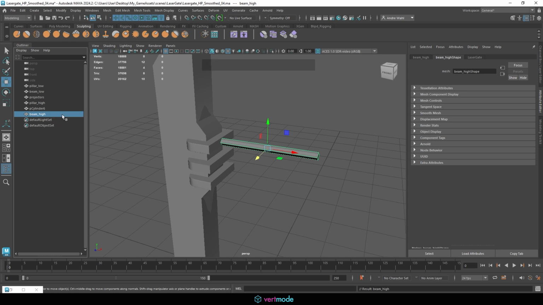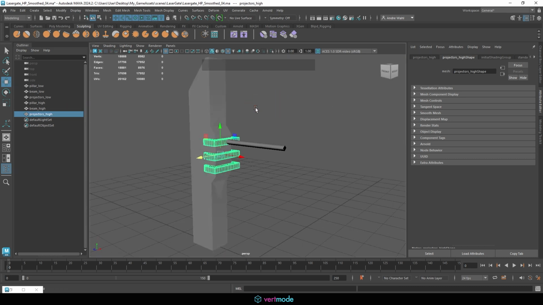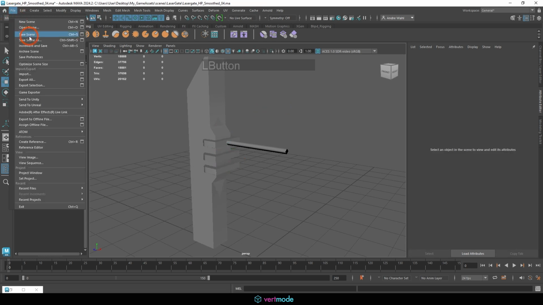Now, we do want these to be in the same order, which is kind of interesting. So I am going to move that up here to be underneath the high. That way they are in the same order. Then under projectors here, I'll go ahead and just name this projectors underscore low. I can double click and Control C to copy its name, Control V onto these ones, and just name them high. So now that we have this all sorted, we can go ahead and do a file save scene as